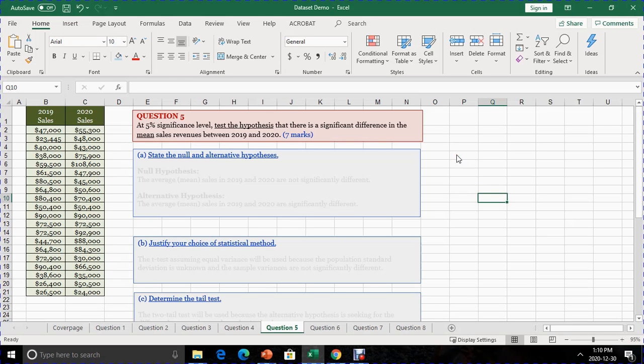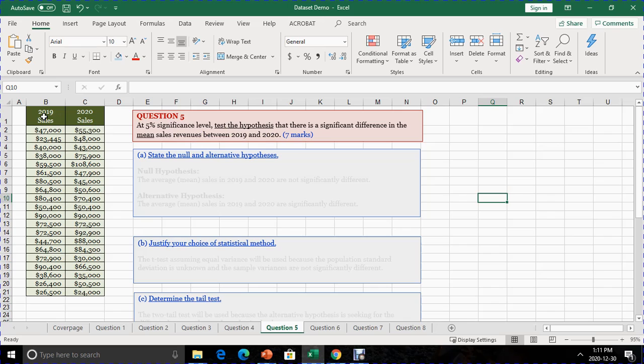In this presentation, we are going to test a hypothesis where this time our focus is going to be on the average, to figure out if there is a significant difference in the average between two data sets. So in the example that we have here, the question is, at 5% significance level, test the hypothesis that there is a significant difference in the mean sales, which the mean represents the average sales revenue between 2019 and 2020